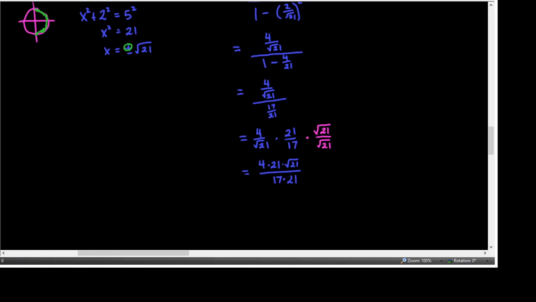You may have wondered why I wasn't simplifying. It's because I looked ahead and those 21s cancel. So you're left with 4 square roots of 21 over 17. Okay. All right, then